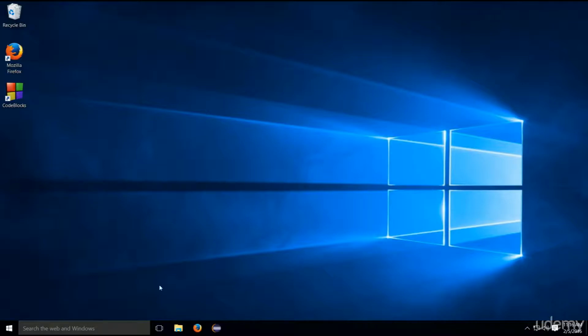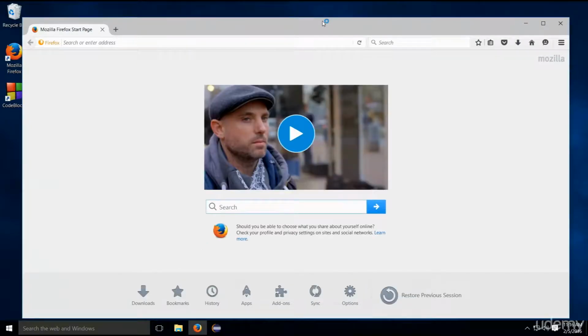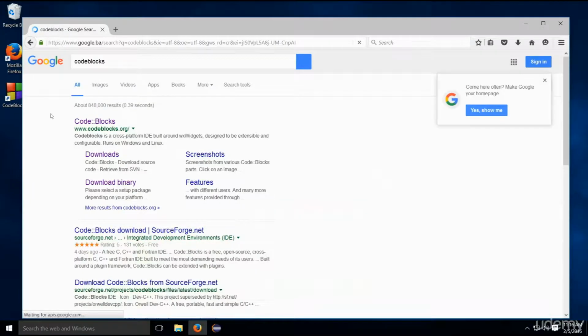Anyway, go ahead and open up your favorite web browser. I like Firefox. Across all of my devices, Firefox shines. I've already installed Code::Blocks here, downloaded it from the net, and did some trial runs with the code on this particular virtual machine. Things seem to have worked out rather well. So all you need to do is type in Code::Blocks. The very first link should be Code::Blocks. Go ahead and click on it